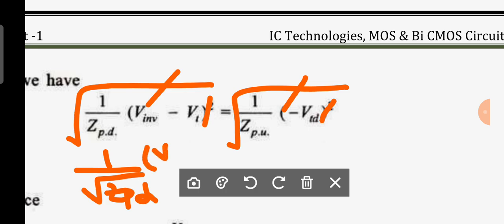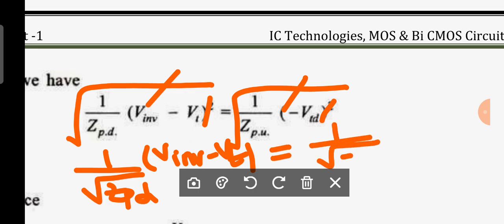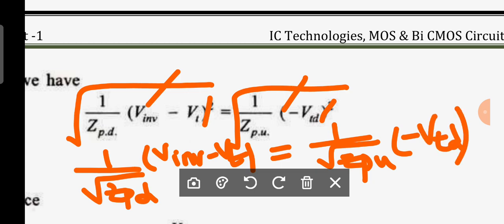And here what is that? V inverting minus Vt is the remaining term. Here what is the remaining term? 1 by root ZPU. Is it clear? Into minus VTD is the remaining term. I hope you are clear. Now you can observe that after